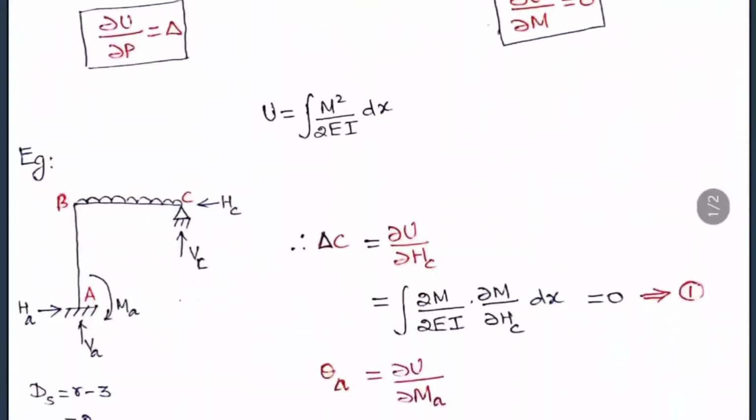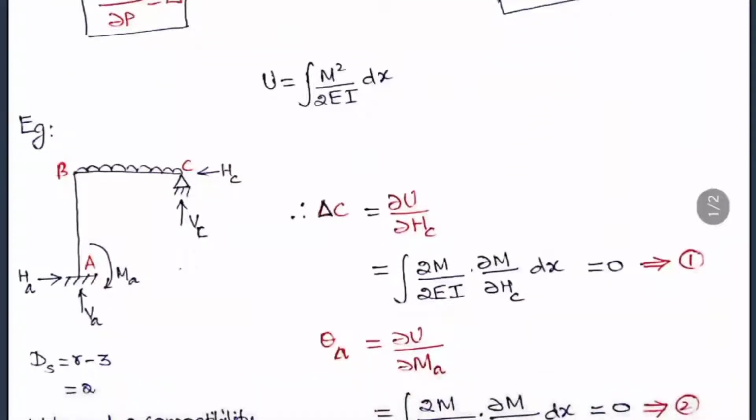So here a simple example is given. This is a big process, so they won't be asking it in the exams, competitive exams, but knowing these formulas and the concept alone is important. Okay, we can just know the concept, we need not go into detail on the problem. So we know that U is equal to integration of M square by 2EI dx. This we have already studied in the previous chapter, strain energy, because that U value only we will be using here when we are taking the derivatives.